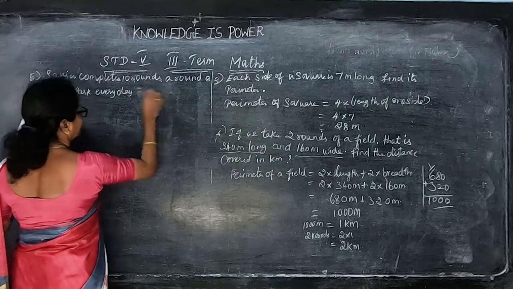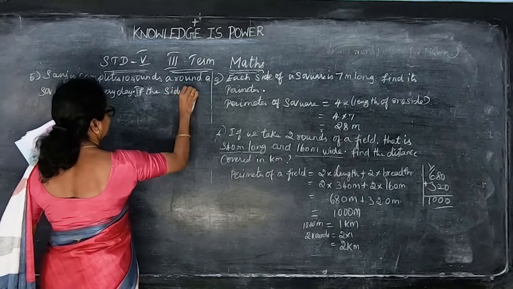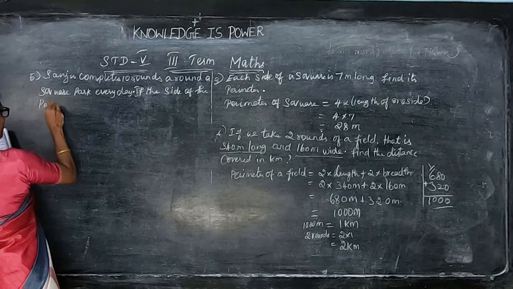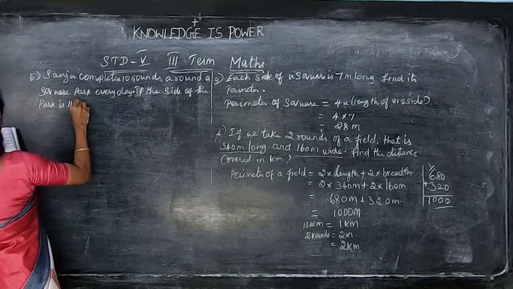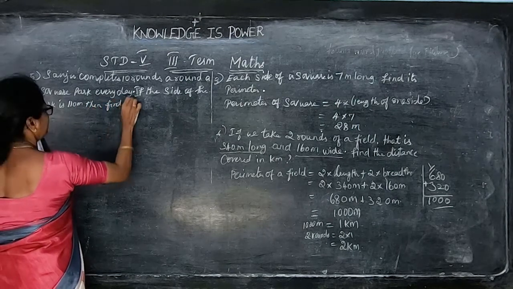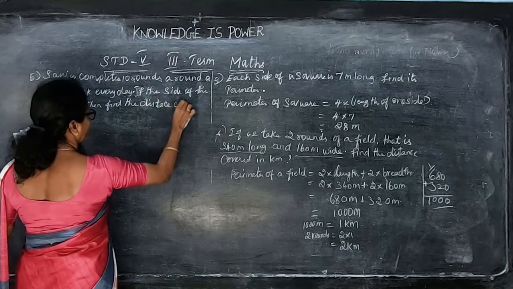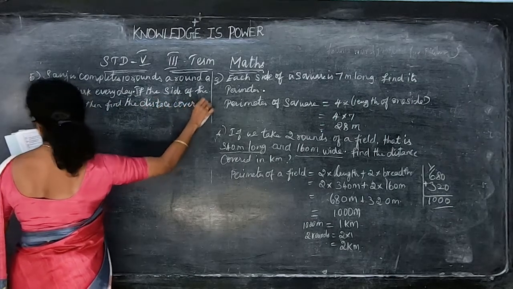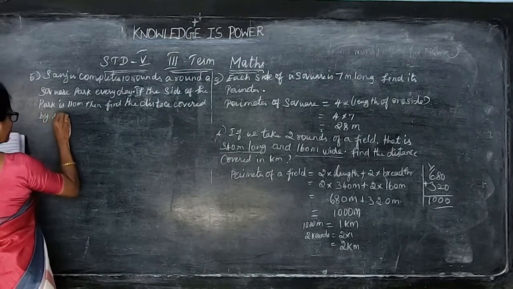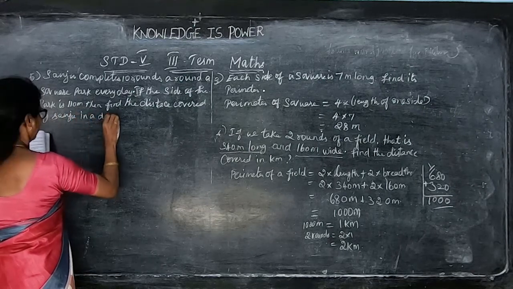If the side of the park is 110 meter, then find the distance covered by Sanju in a day in terms of